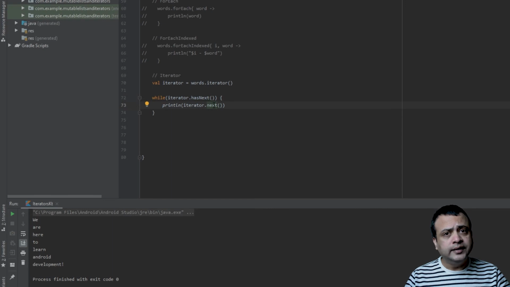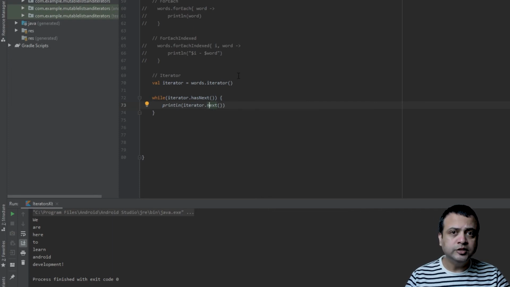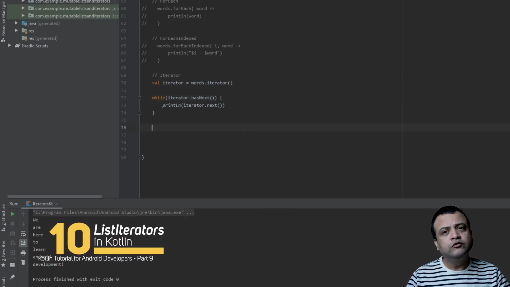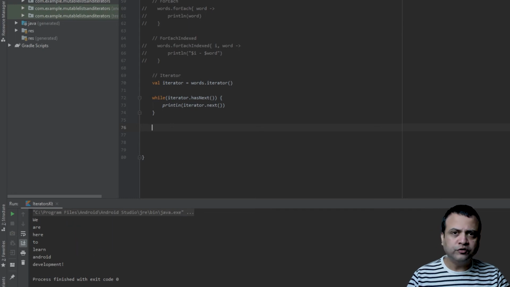And after getting the next element, it once again checks whether there is another element, and then it gets that element, and it does so as long as there are elements to get. And once all the elements are printed, the while loop terminates. And since our list had only 7 elements, all 7 elements are printed to the console, and after that, the loop is terminated. A common iterator can only move in one direction, that is, from the start of a list to the end of a list, which leaves a lot to be desired.